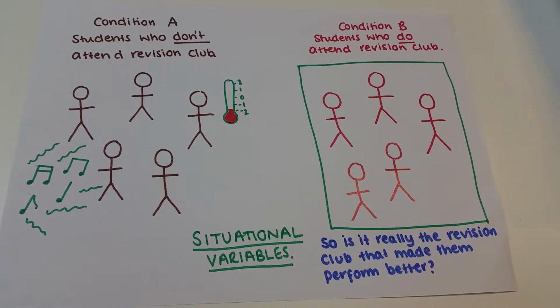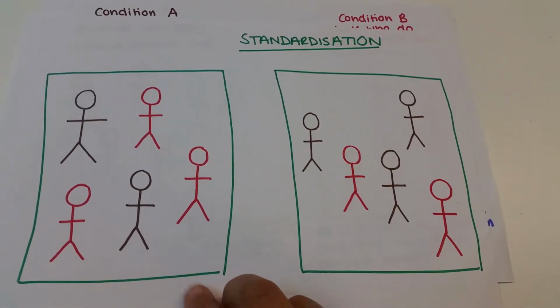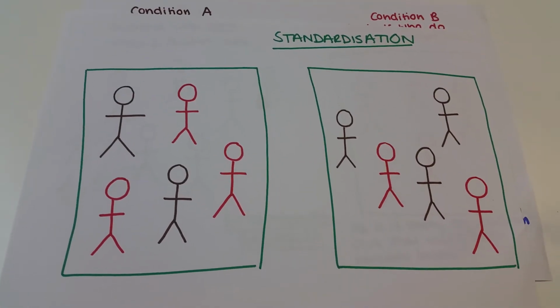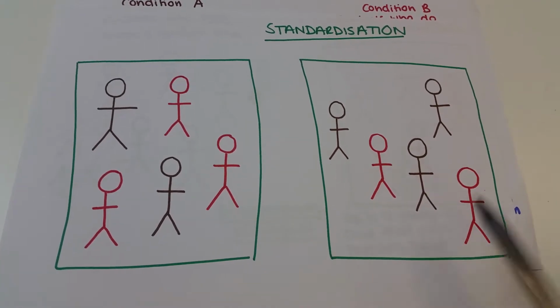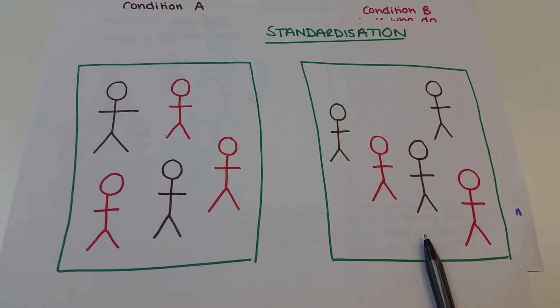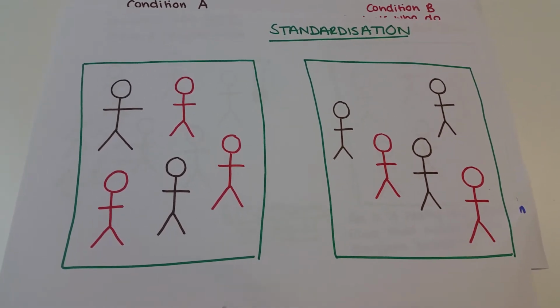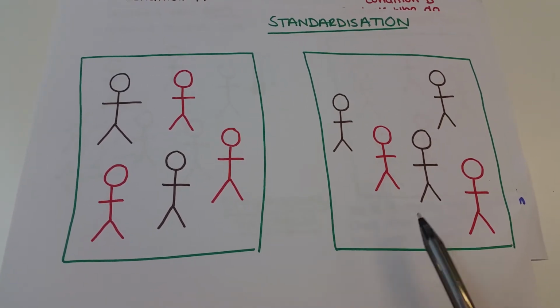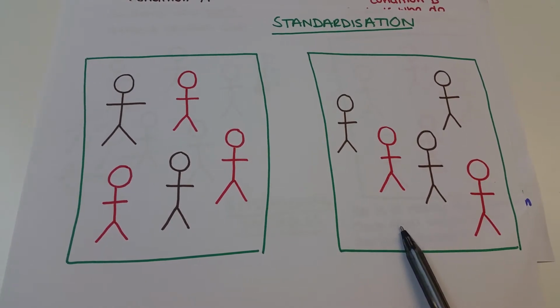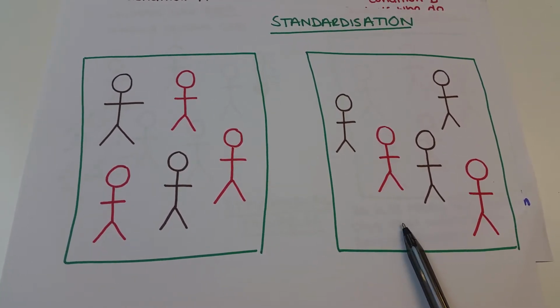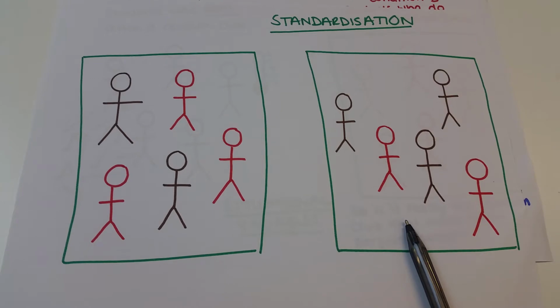In order to control that, I need to use standardization. And what standardization means is that those participants that are in condition A and condition B are experiencing exactly the same environment. So, if participants in condition B, my revision club group, are sat in a room that